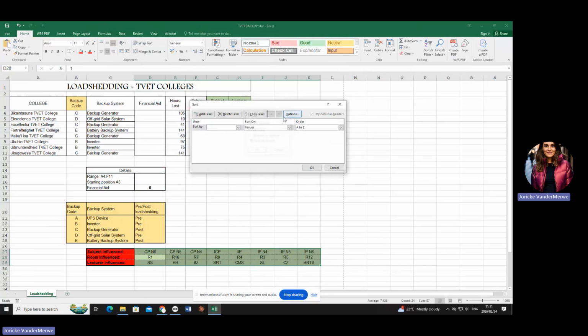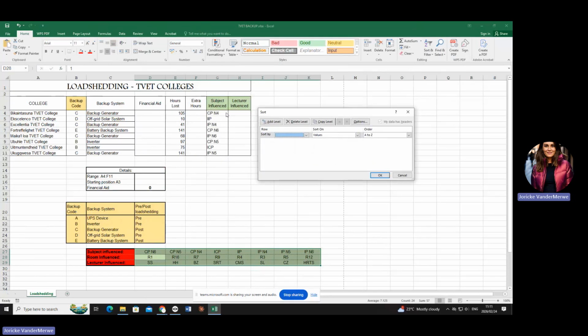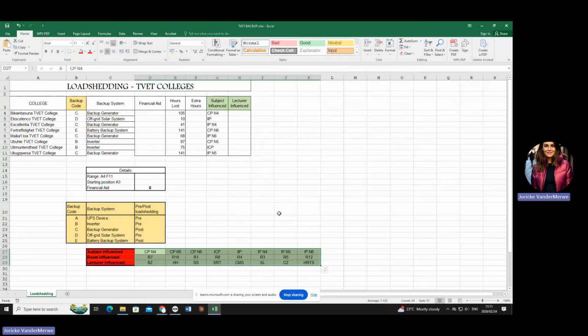So please go to the options and choose sort left to right. And then you're going to sort it according to row 27. How do I know it's row 27? Because this is the lookup value. You sort it according to the lookup value. Are you with me? How do I know it's the lookup value? Because it's the value that's there. The other value is not there, so I cannot sort it according to that. So I say, okay. Are you with me?